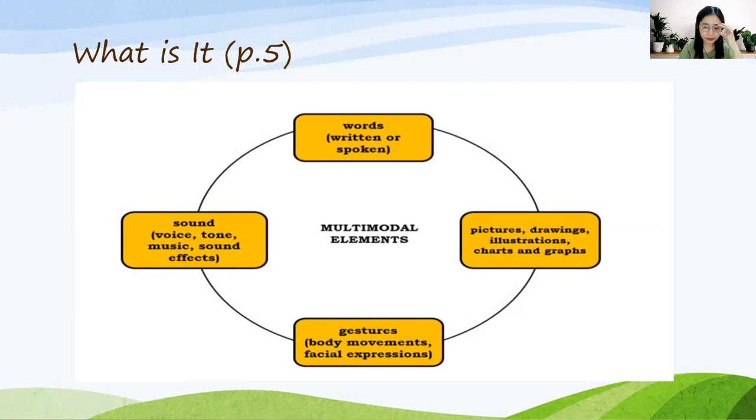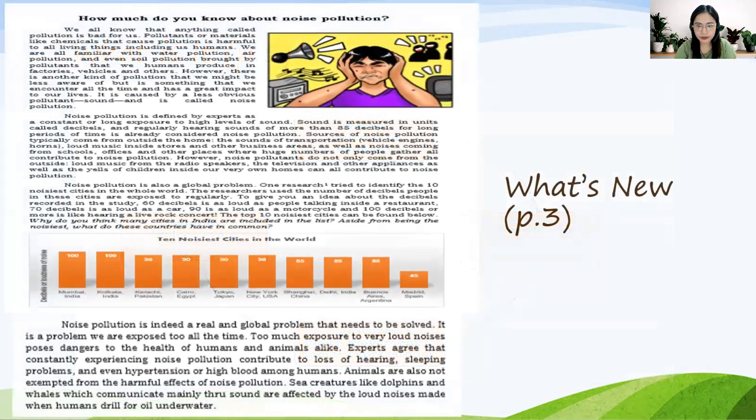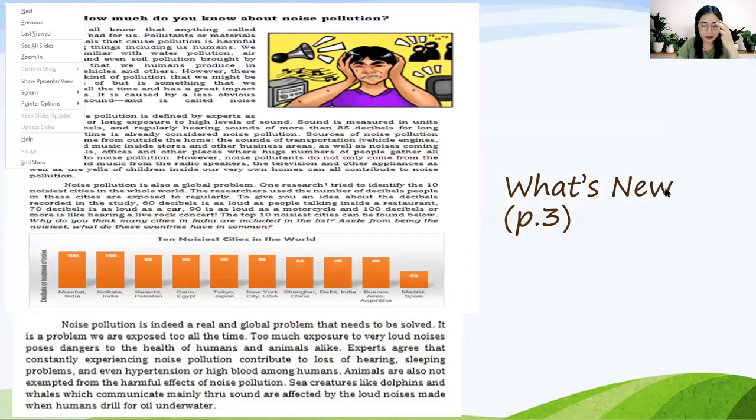text, as you can see from the essay, let's just go back to that. This essay is an example of a multimodal text.